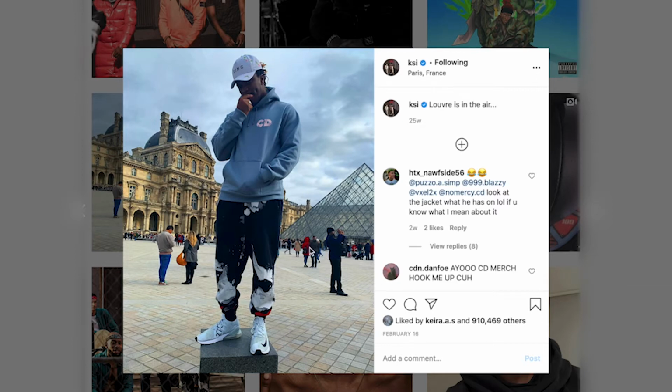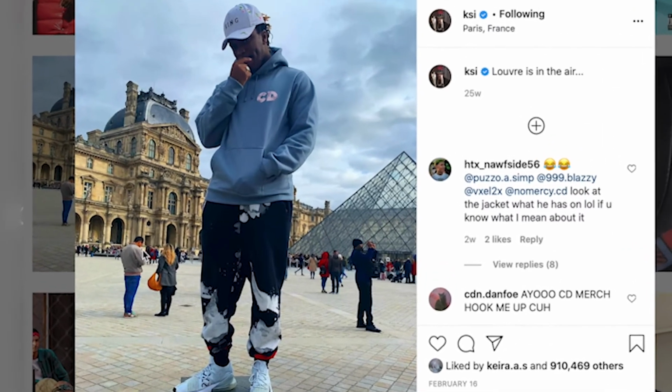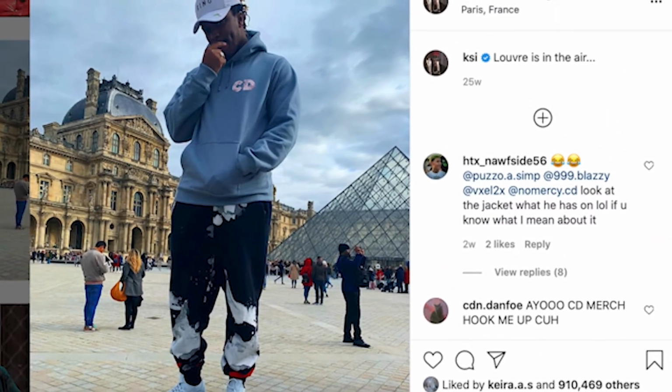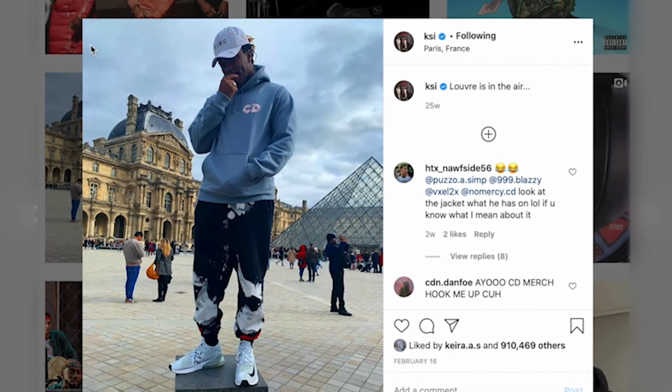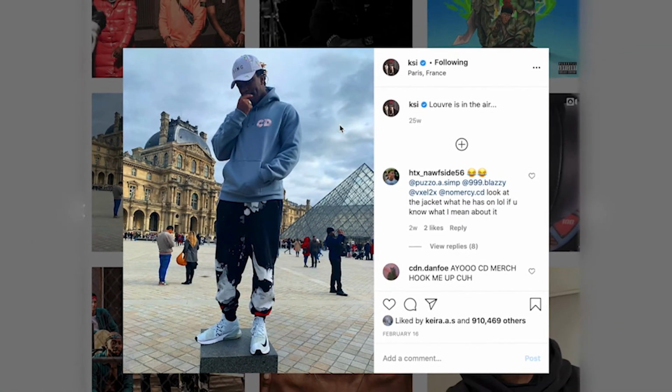Like the red is very vibrant for the focus which is on KSI, and this red's popping out, which it should because the camera's focusing on him. These people in the background are very vibrant, and I just don't see how you get that look from just taking a normal photo, unless it's been photoshopped. The sky is looking alright. It doesn't look too photoshopped, to be honest. That's fair enough. It looks blended really well, but I do think that there are parts of this image that